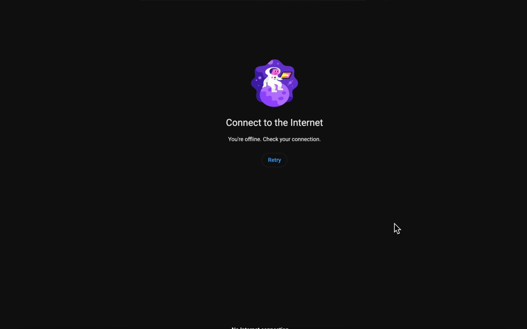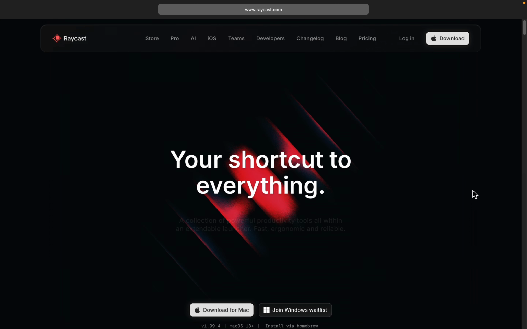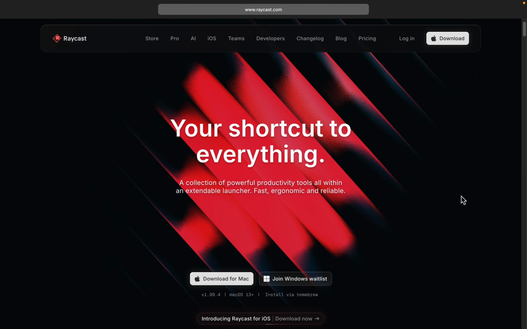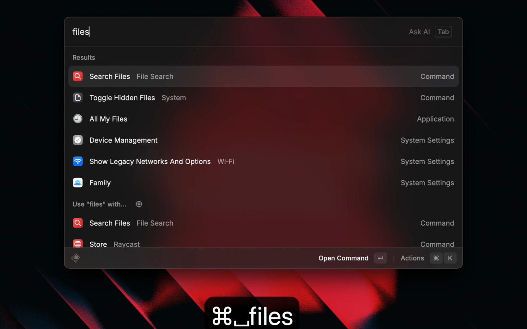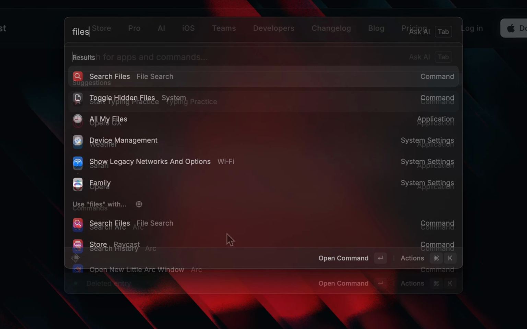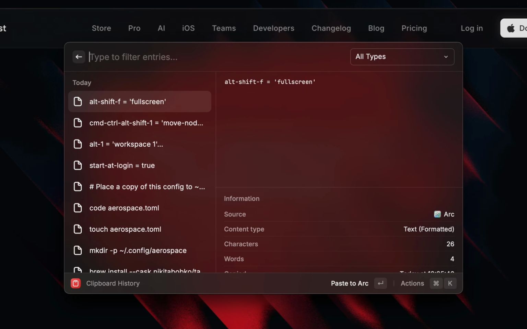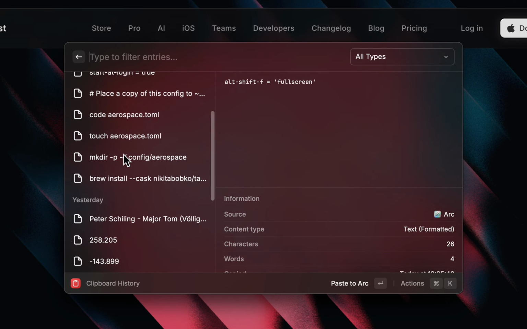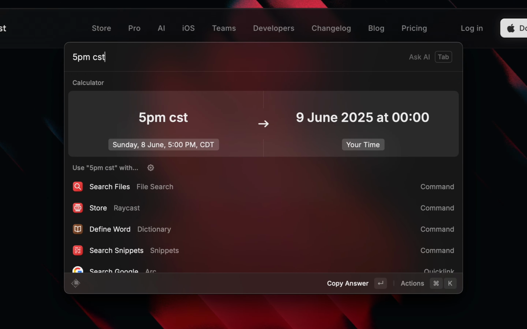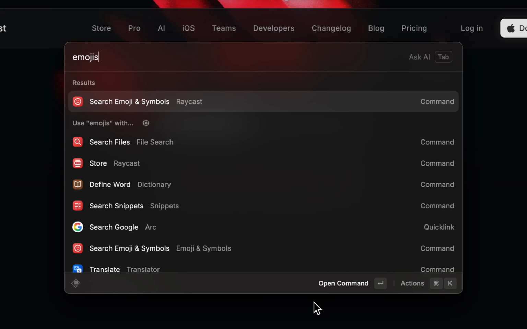And now we're finally at the end of the video, and I told you I'd show my favorite Mac app. Raycast has completely replaced my Spotlight tool for several reasons. Of course, with Raycast you can still search for files, launch apps, but what Raycast does different is that it has a built-in clipboard manager, which saves your clipboard history, a better calculator with time zone conversions, an emoji picker to pick emojis,